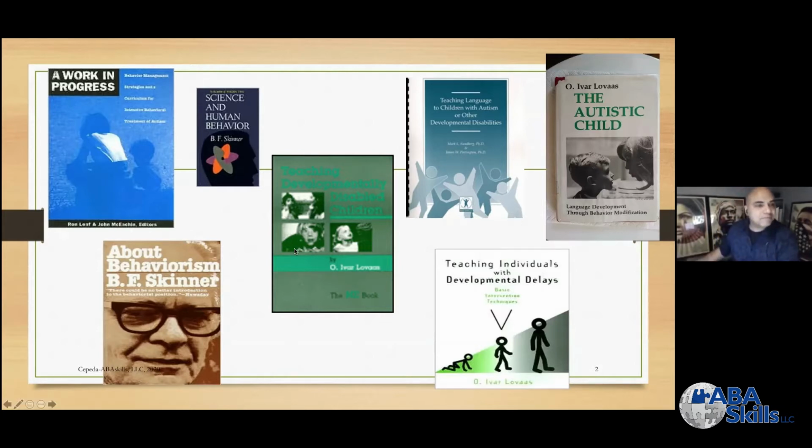So you have a work in progress, you have the Me Book, you have the Sundberg and Partington manual, and this is another programming manual by Dr. Lovaas that you probably don't have, but again, I think that you should. There's a lot of good information in there. This book called The Autistic Child was written by Dr. Lovaas way back before he even was thinking,